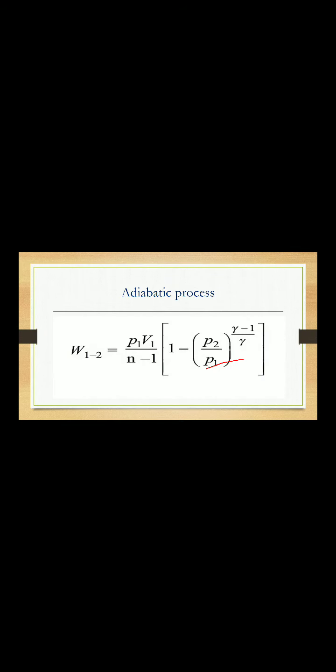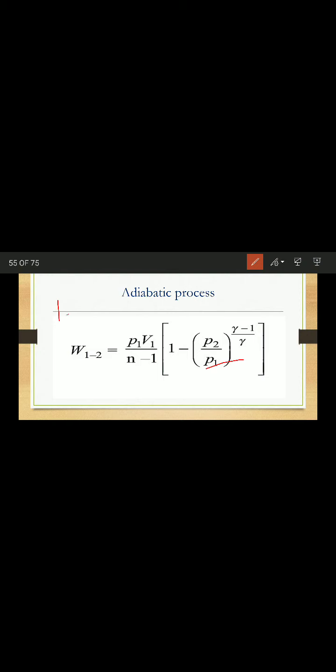Next, so these are the processes, non-flow processes. Non-flow means if you are calculating work done for a closed system. So, for a closed system, what is a closed system? Only the energy can transfer. No mass transfer is there. That you can call a closed system. In a closed system, if you want to calculate work done, then that work done is a non-flow process, non-flow work.